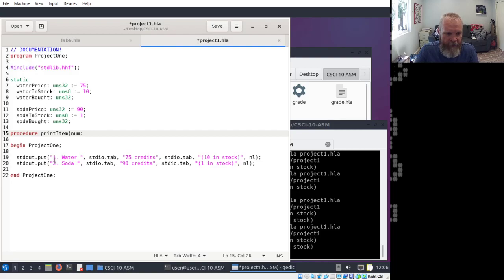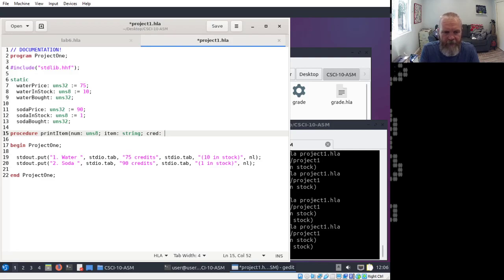Each of them has a different item number, so in theory that can be a UNZ, I think, should be fine. Each of them has a name, which is a string. Each of them has a credits. I think that's fine. In fact, I'm going to just call it item.